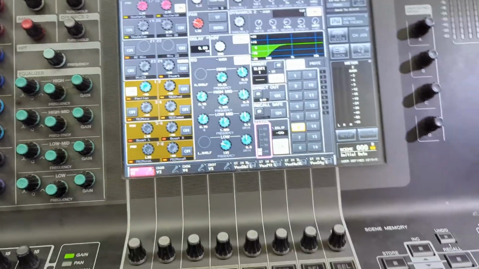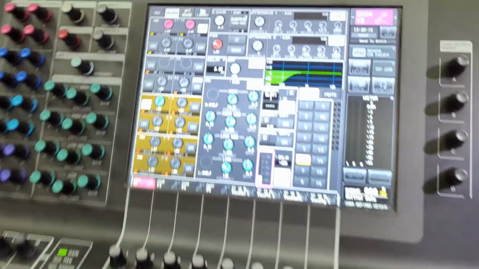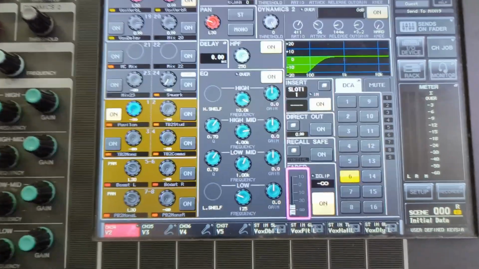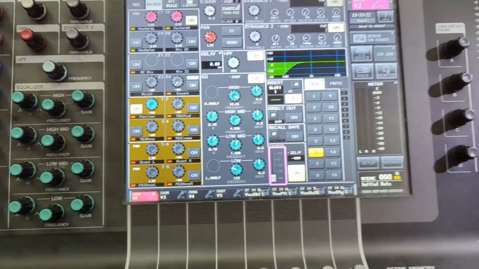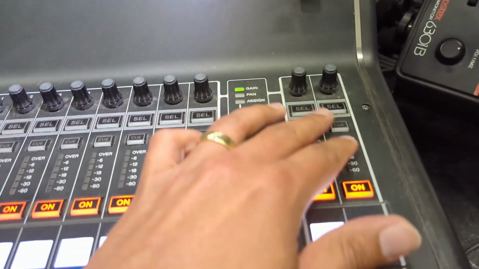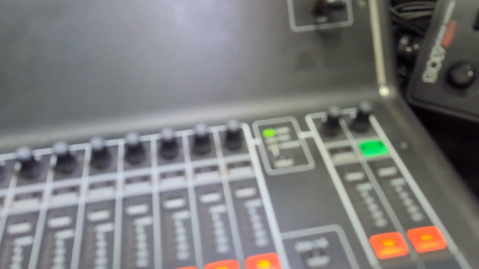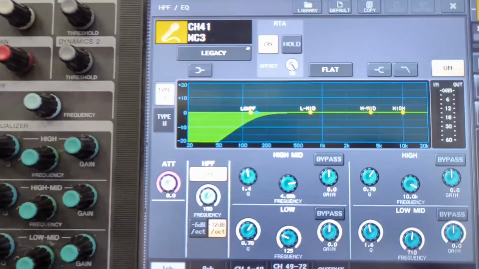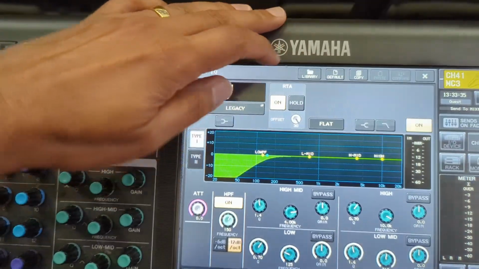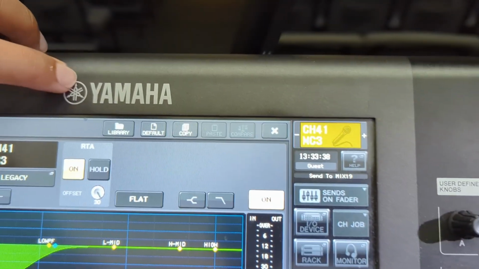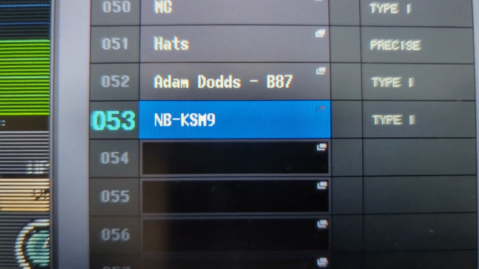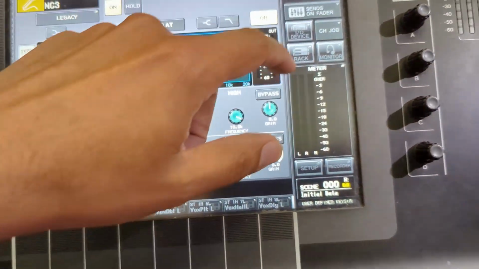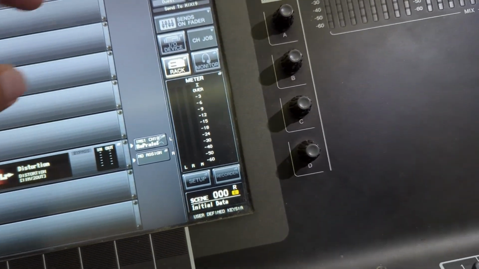Another update in the console is that I have stolen Dave Riddell's EQ for Nathan on MC3 and stolen his dynamic EQ settings as well. And I've actually put them into the show file in the library. So if we come here to EQ, sorry about the focus with my hand getting in the way, go to library and we NB KSM9, and we do the same in the dynamic EQ,